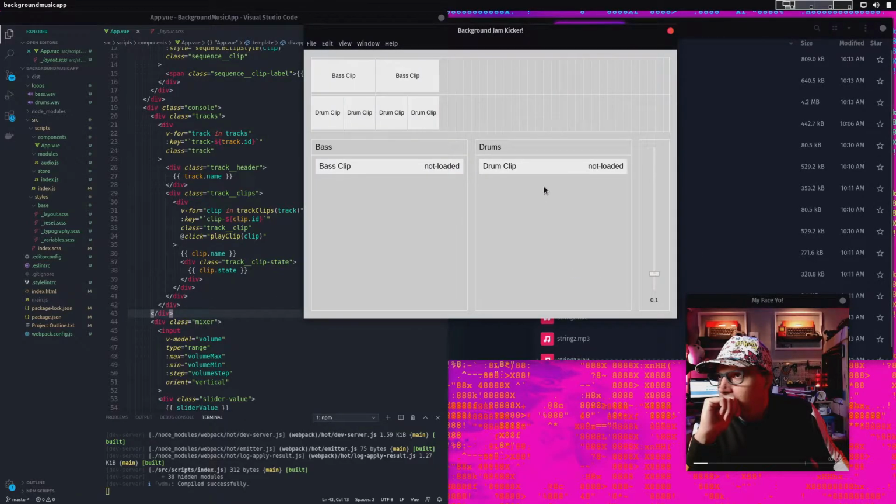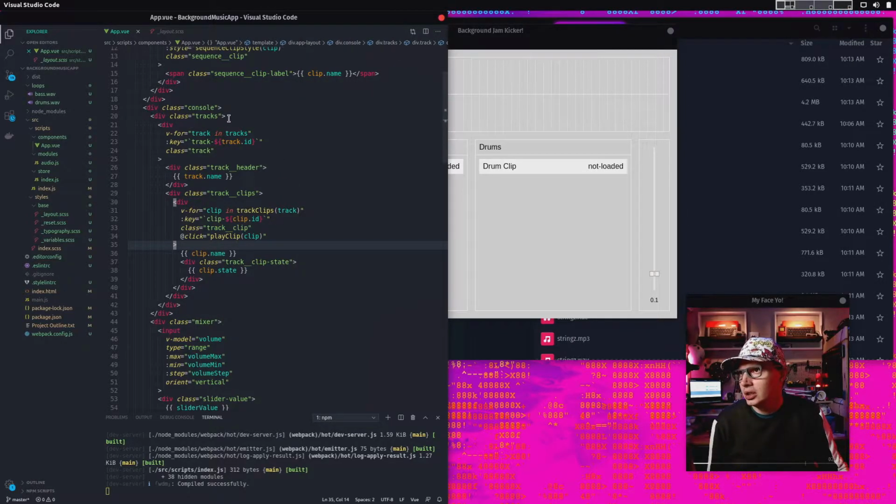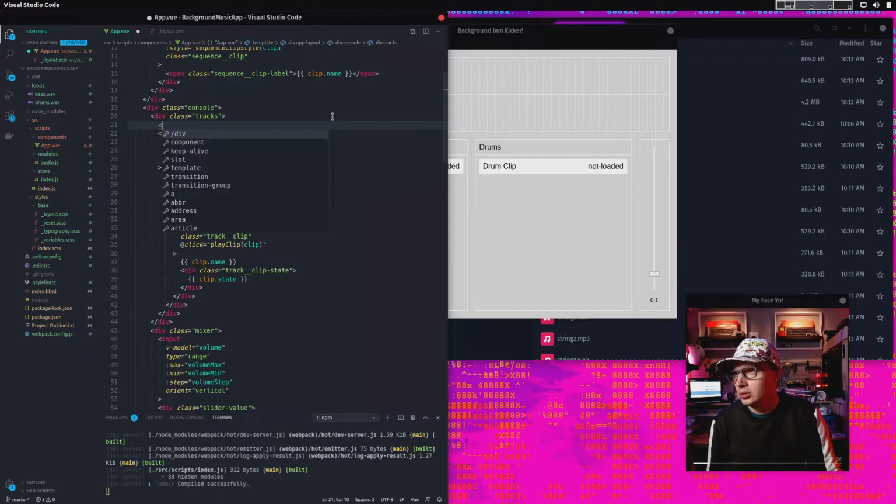So where would be the best place to put it? Okay, so tracks, and then we do